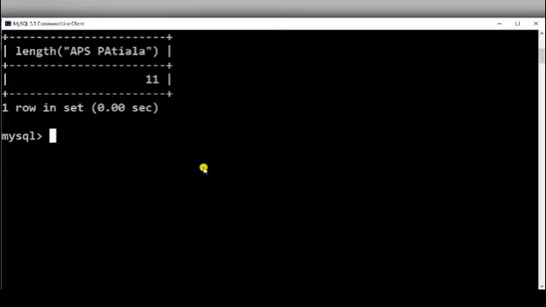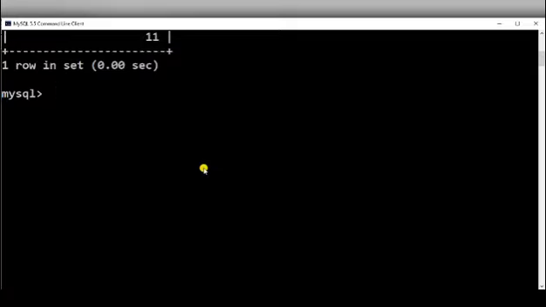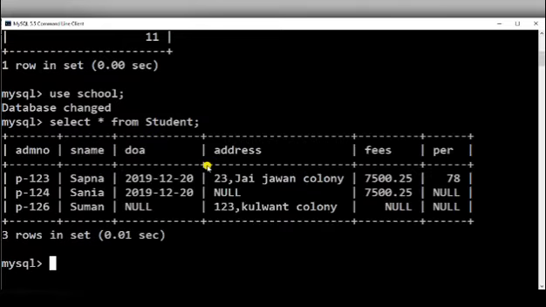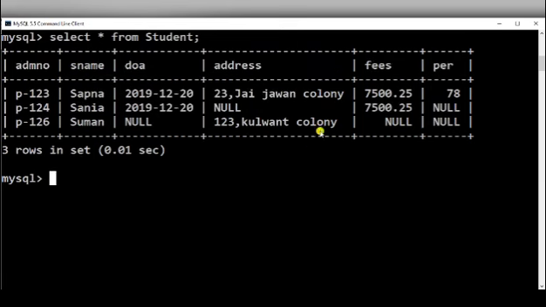Now I'll give you an example with reference to a table. So I am going to open the school database, use school. In the school database I have a student table. So I am writing select star from student. This is the list of rows in the student table.